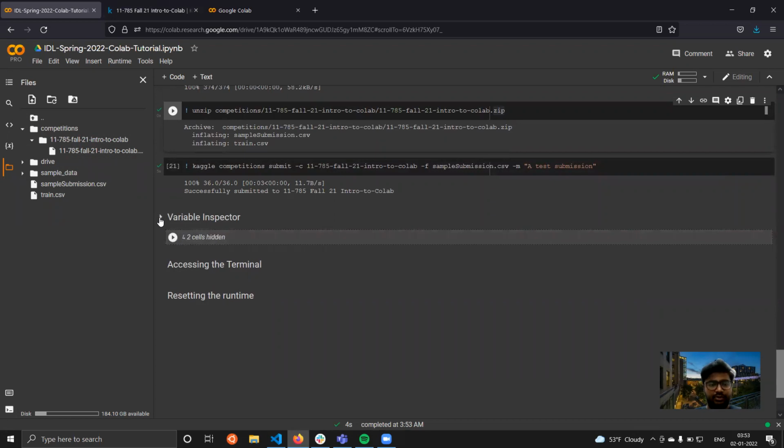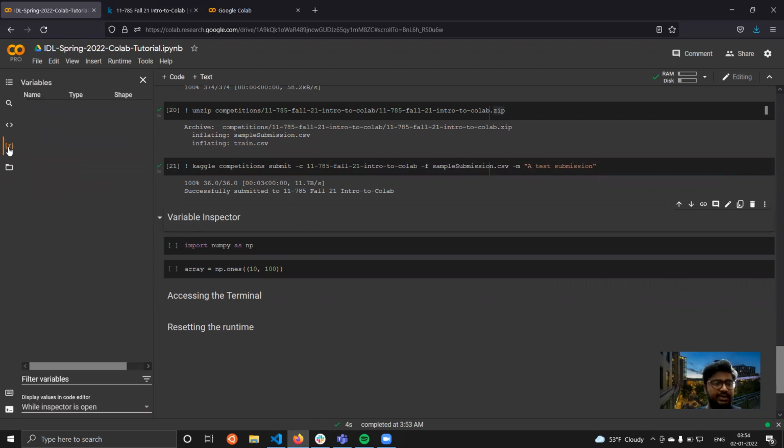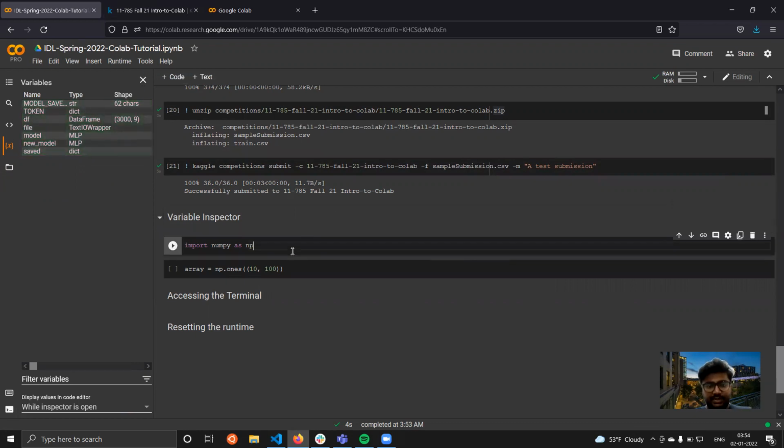Another useful tool that Colab recently added is the variable inspector. Just above the file explorer, you can see the variable inspector tab.